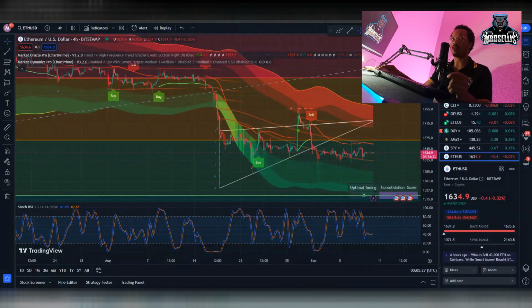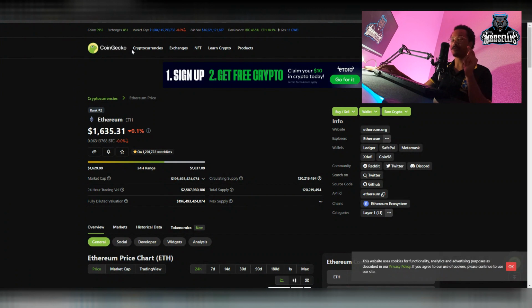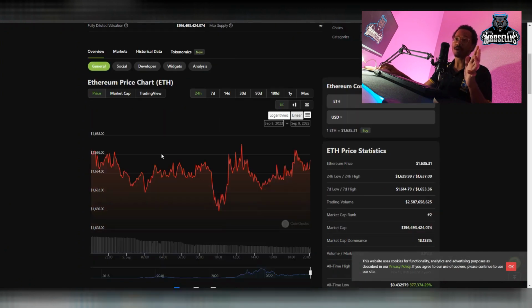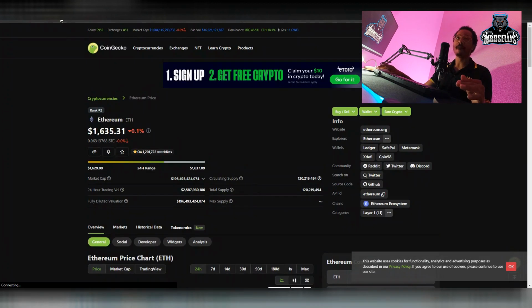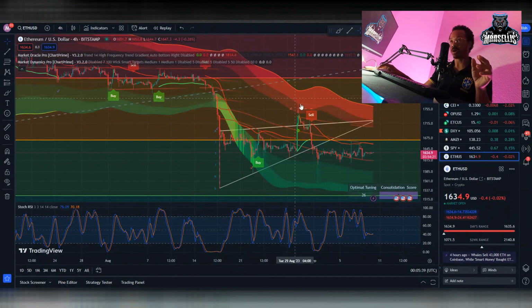But let's go over Ethereum, because Ethereum is doing some very important stuff right now. As you can see, it's only down 0.1% for the last 24 hours. Not too bad at all. Ethereum's pretty flat right now, but there are some interesting movements going on inside of